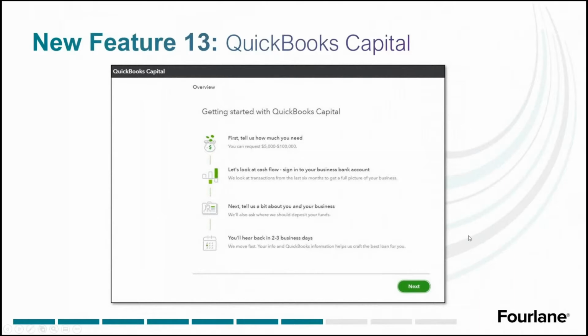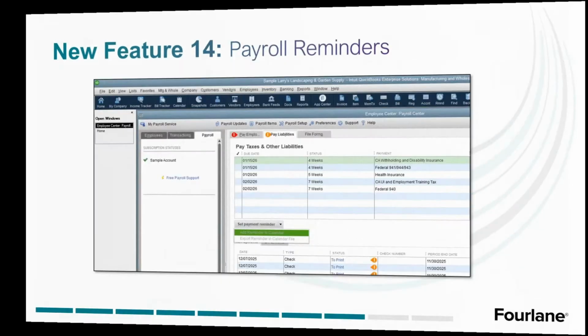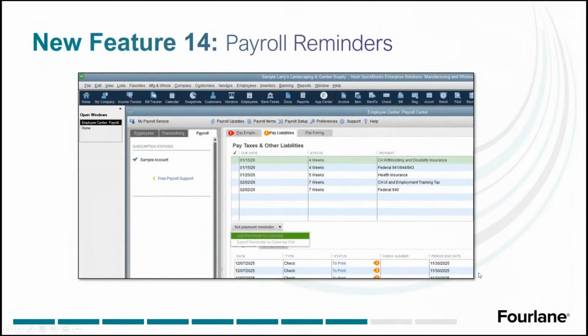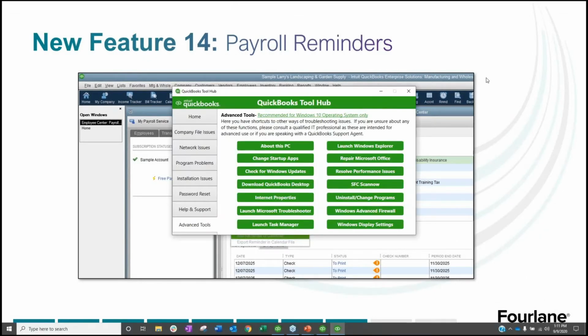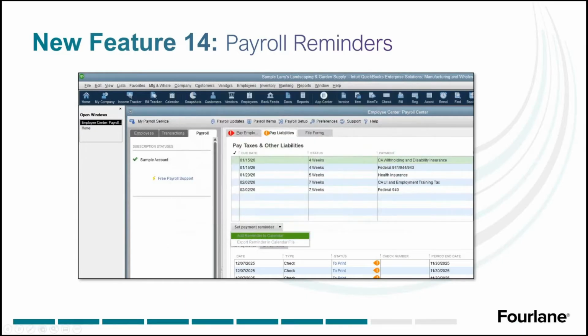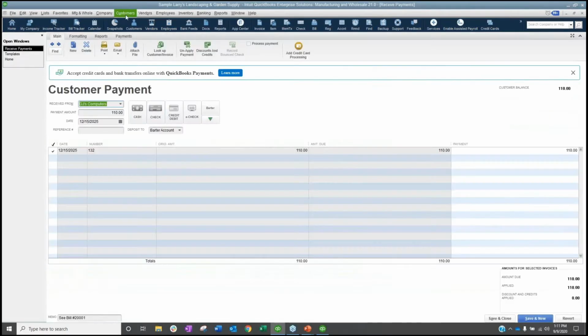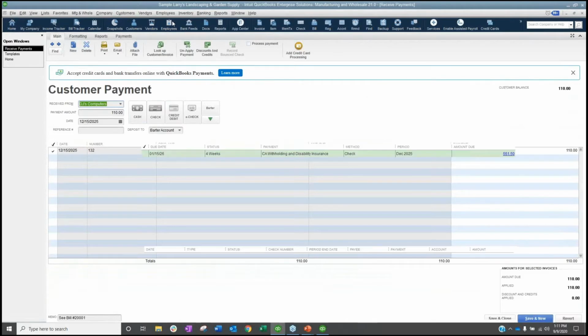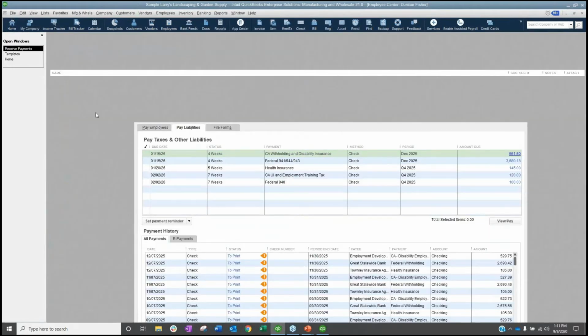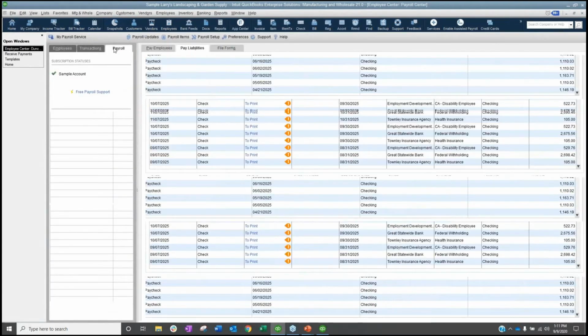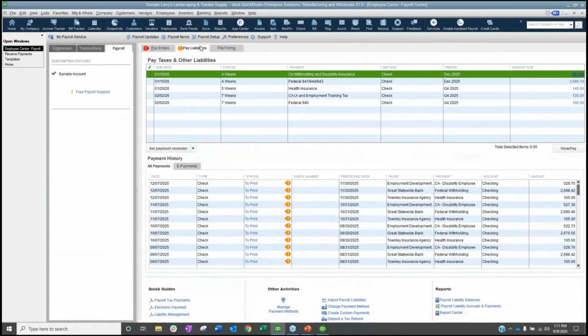Okay, moving along, payroll liabilities reminders. So again, I don't have payroll set up in my sample file, but so you guys can see what I'm talking about here, let me close out the QuickBooks Tool Hub. When you go into your Employee Center and you click on payroll, and then you have the pay liabilities tab, you can set up a payment reminder.